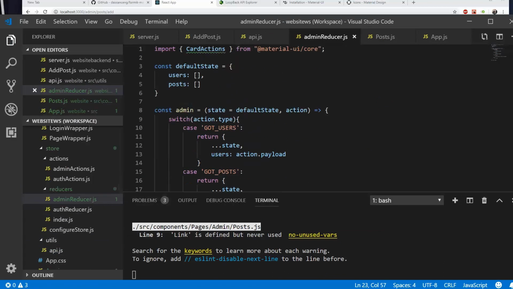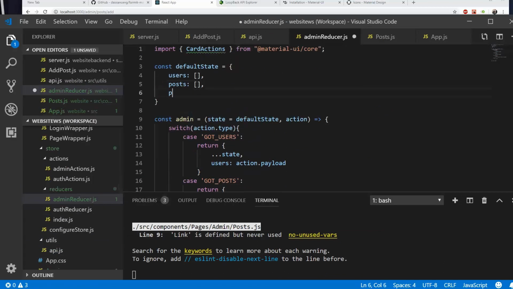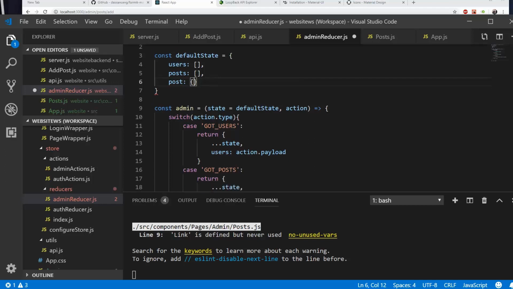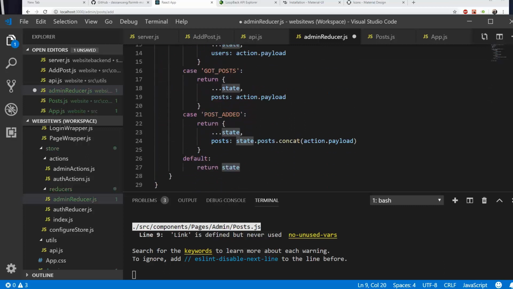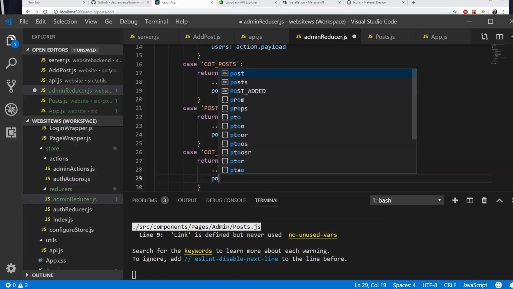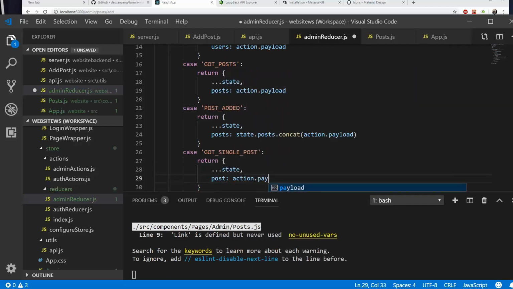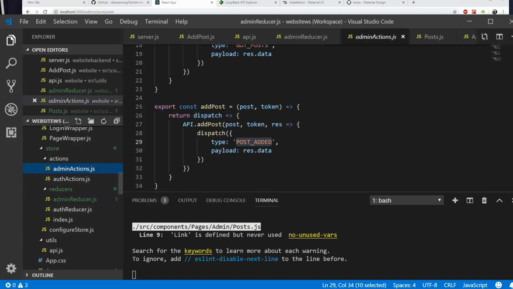For admin reducer, we now need a new property, which is post, and it's going to be an object. And then when the case is GOT_SINGLE_POST, we're going to return state, and post is going to be equal to action.payload. So let's save this. Now in admin actions,